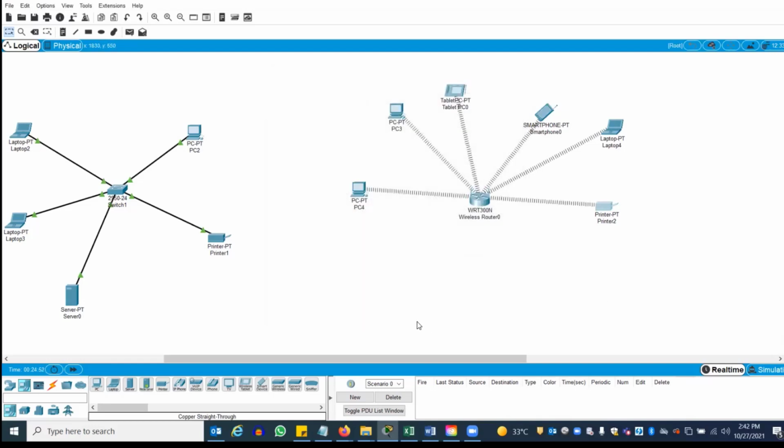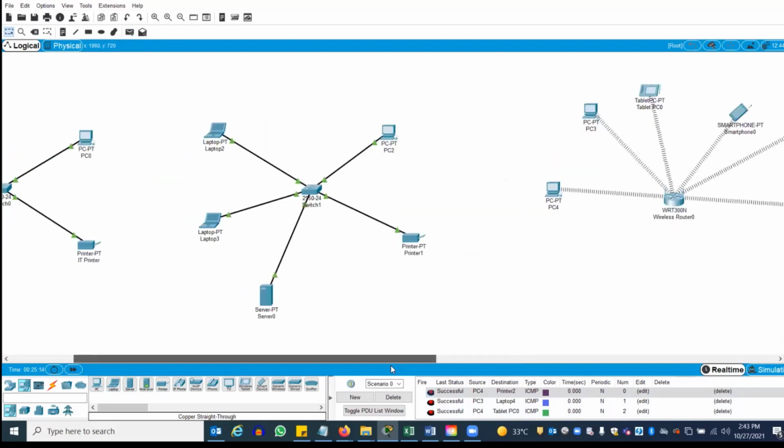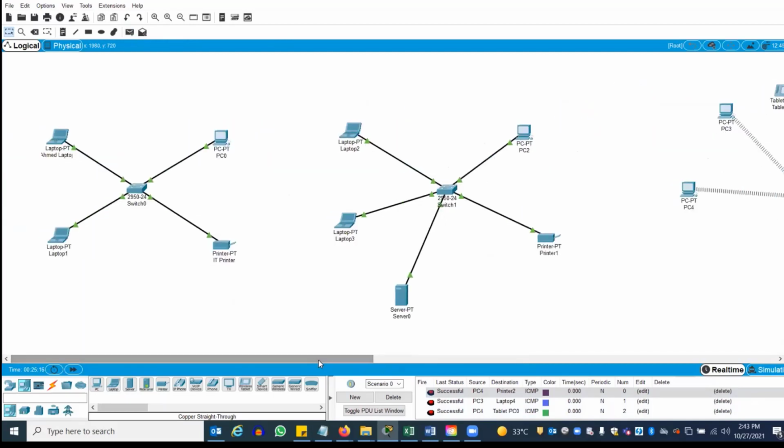Okay. Let's check the connection. Successful, right? We can ping also. Successful. It's communicating, right? So this is one, we have finished the lab, but apart from this, I'm not sure it's there for an exam, but I will show you something else more.